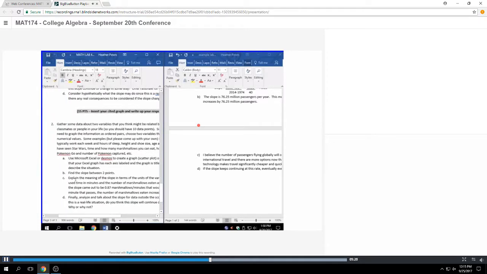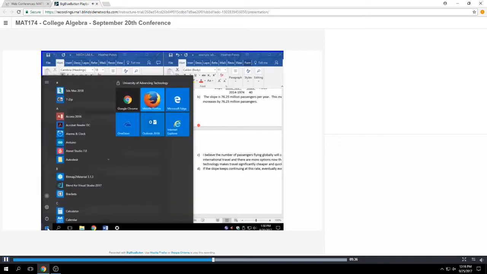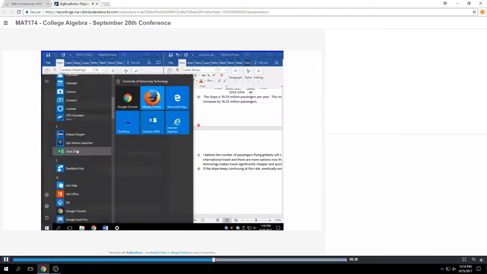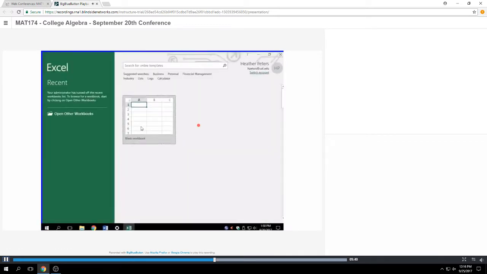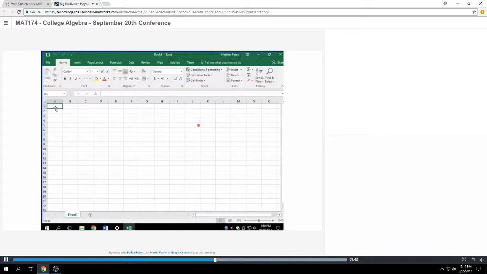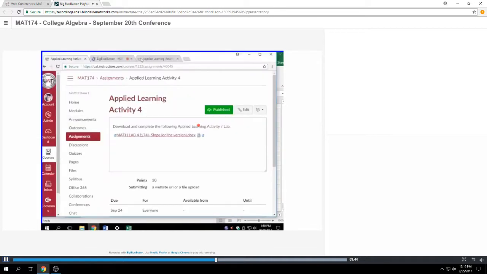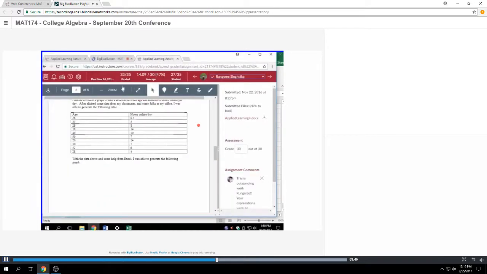Then you're going to use Microsoft Excel or Desmos, whichever you're more comfortable with, to create a graph. I'm going to pull up Excel and show you how to do this for those of you who are not familiar with how to create a graph. So my data, I am going to use,